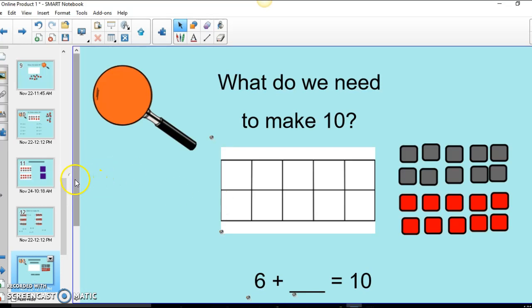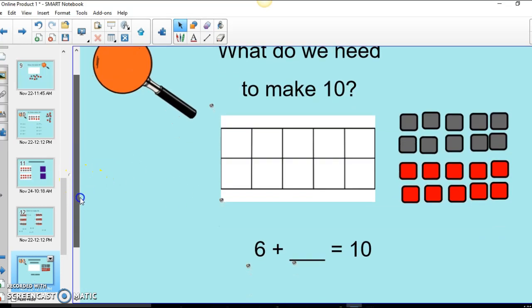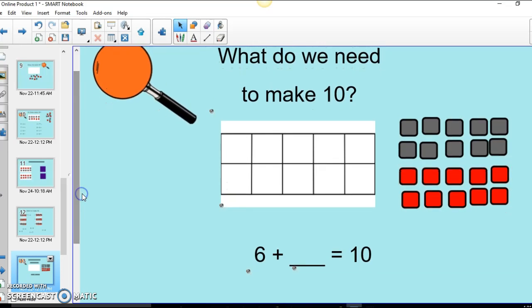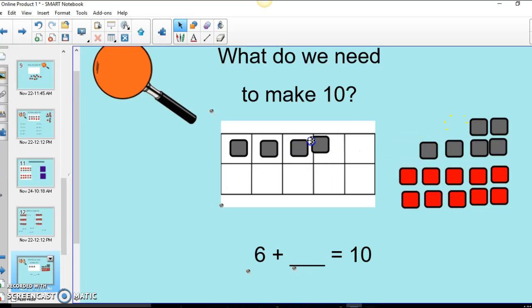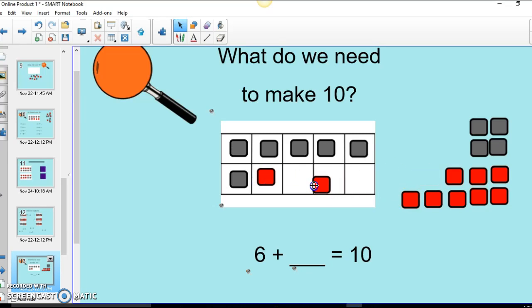And here we're looking for ways, what do we need to make 10? 6 plus what is 10? So slide 6 gray ones over here. I could have done this with an infinite cloner, I'm thinking now. And then,